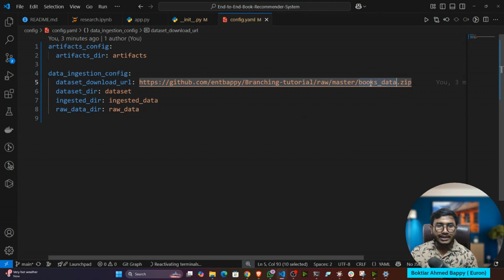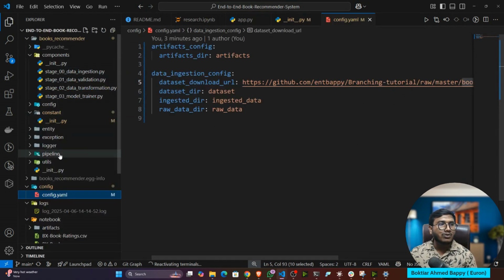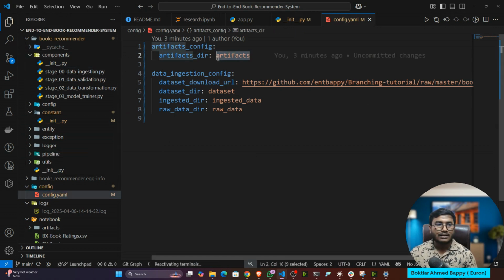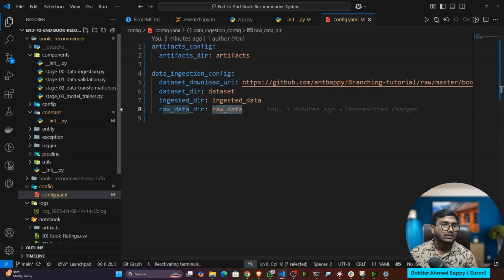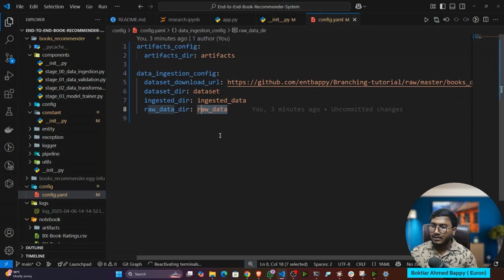Definitely it will give me the data.zip file, and I will also unzip the data and it will give me all the 3 CSV files, yes or no. So these 3 CSV files are my output of my code, and this output will be saved in the artifact folder. Okay, and in the artifact I'm going to create another 3 folders: dataset, ingested data, raw data. In the dataset it will save the CSV files. In the raw data it will download the zip file. Like that, I want to separate out my data. How? Let me show you. First of all, let me execute, then let me show you.